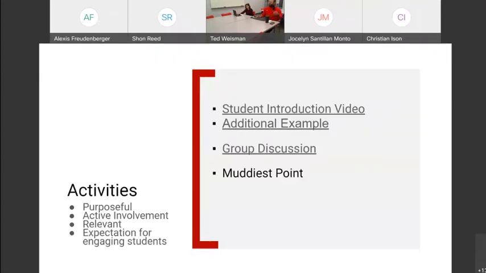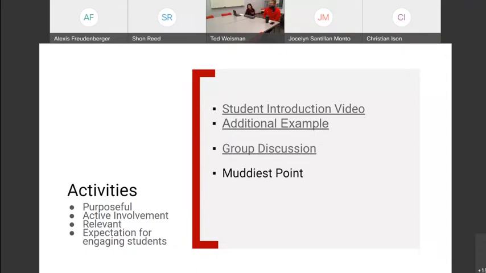which leads to, so once you have those spaces, so you're in the Canvas shell, you're in a classroom, you are in a synchronous environment, you are in WebEx, you've recorded your videos, you have your content available, you made sure that you have been explicit with your instructions, and you've been very deliberate with what you've done. You've created this space. Now the question is what do you fill the space with? And ultimately, that is where the activities come into play.